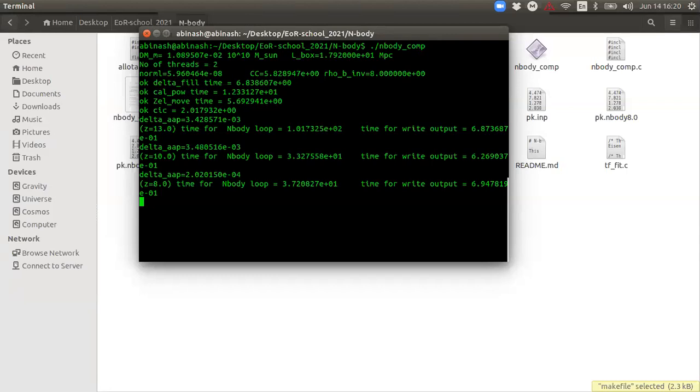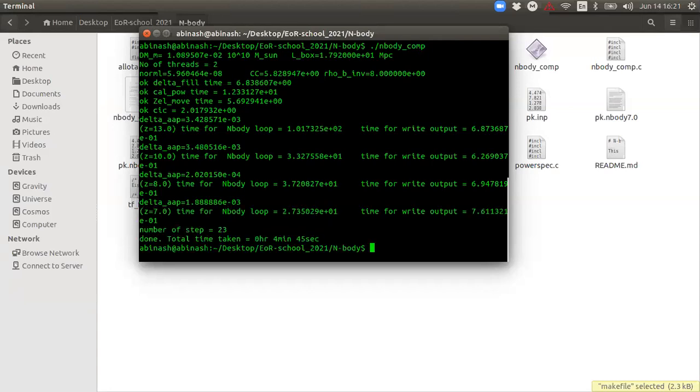This is a compiler based code in the C language. Things get compiled first, made into an executable, and then run, to achieve the speed of this kind of simulation. If you write this code in Python, the speed will be much less compared to the C code.